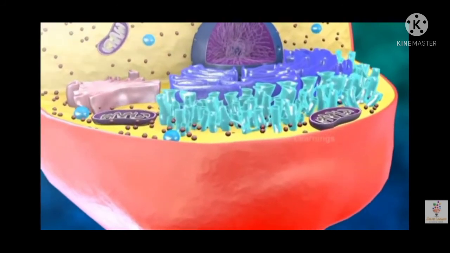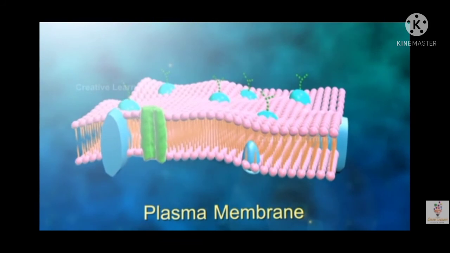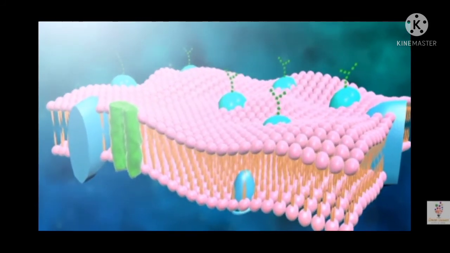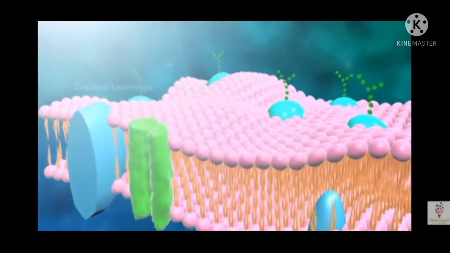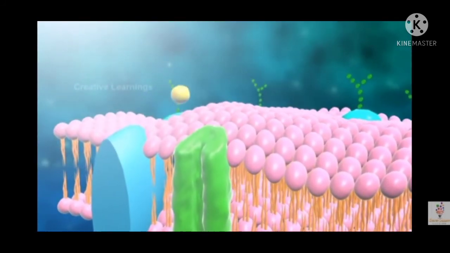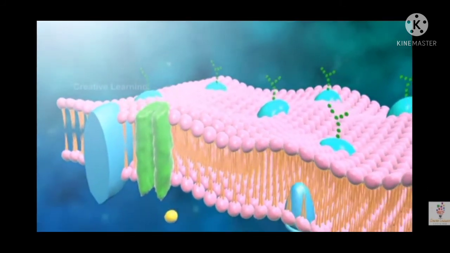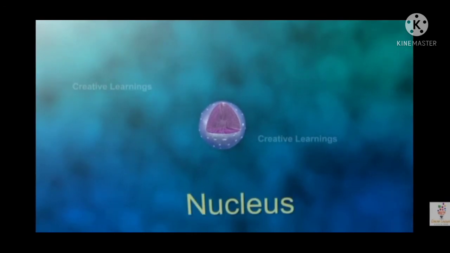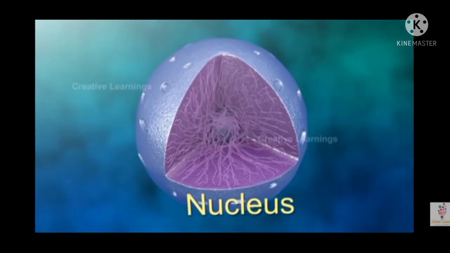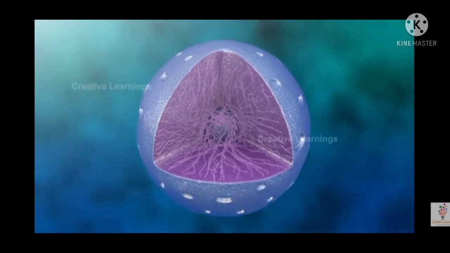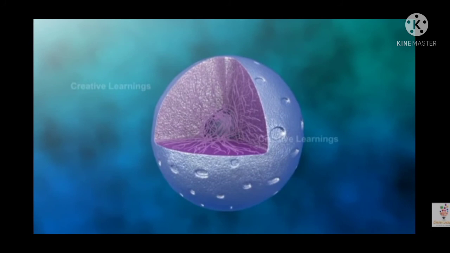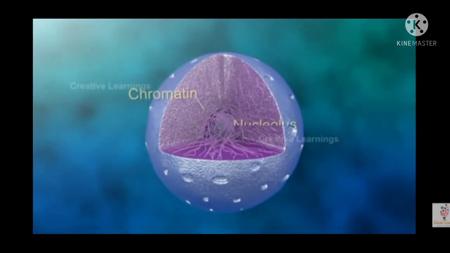Animal cells are protected by a layer that surrounds the cell and functions as a gate that allows the entry or exit of molecules from the cell. It is called the plasma membrane. In the center of the cell lies the nucleus, which acts as the brain of the cell. Each and every metabolic activity of the cell is regulated by the nucleus. It contains the DNA in the form of chromatin and a nucleolus.